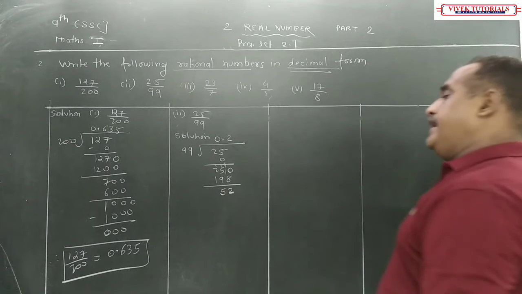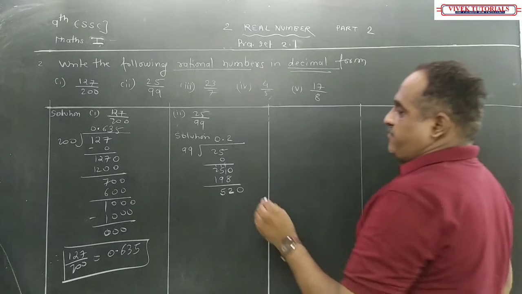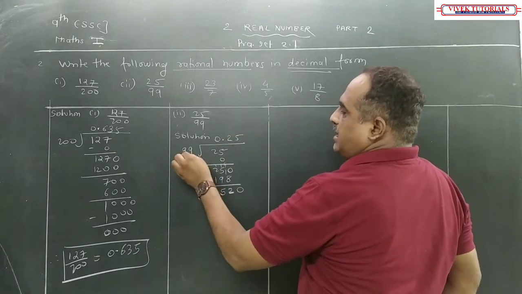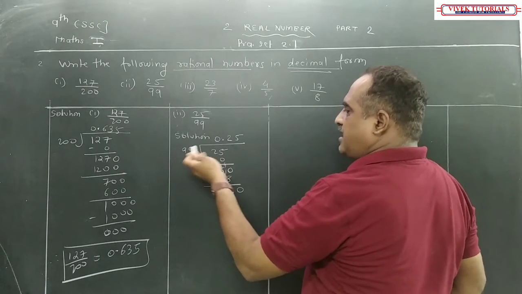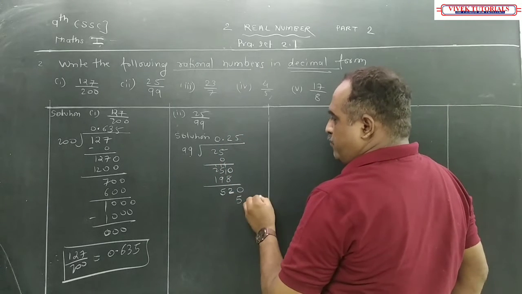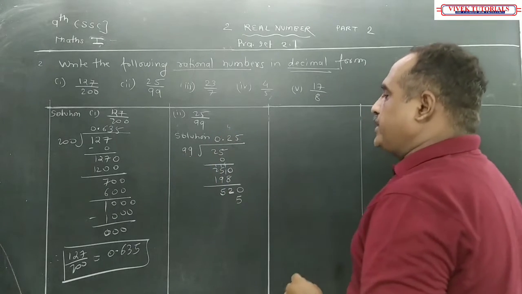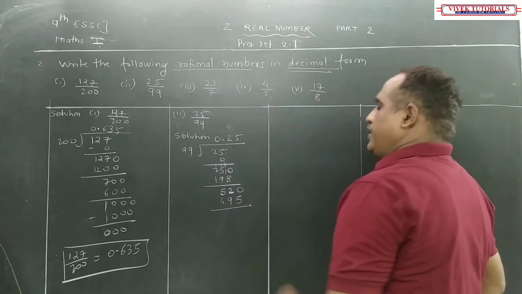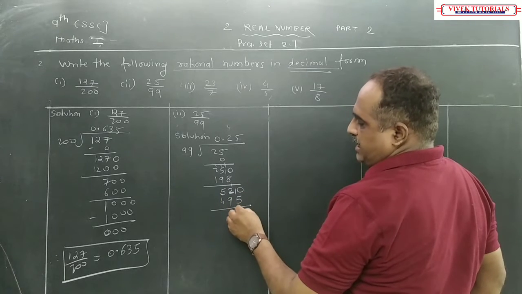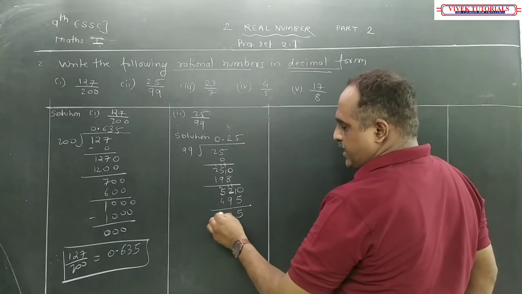520, I am going to take it as 0 again, so I can take it as 5. Correct? Because 500 5s are 500, it is more than that. So 5 9s are 45. 4 is there, and 5 9s are 45, plus 4 is 49. So this will become 1, 10 minus 5 is 5, again become 11, this will become 4, become 25.